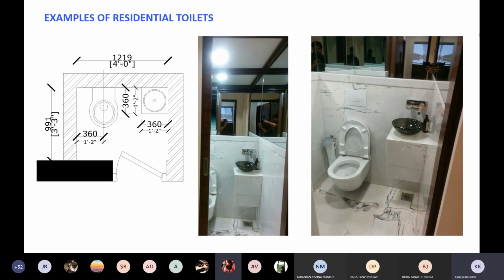I wanted to ask, here the basin is actually smaller than the standard dimensions. Yes, because it's just the closet, it will just serve the purpose of washing your hands. It's not somewhere you're going to do your brushing and things like that. This kind of closet will be very close to your living room where the guests come in, or next to your dining area where you want to wash your hands before dining. Okay, thank you.